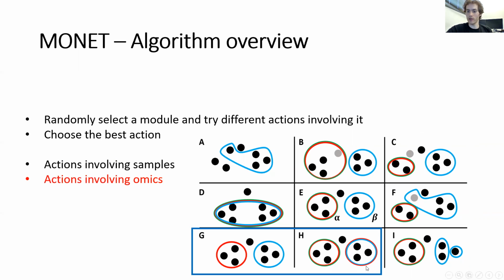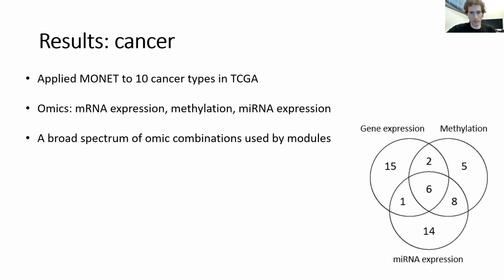So for example, here we now added the red omic to module beta, and here we remove the green omic from module alpha. And like I said, we repeat this process in every iteration until we can no longer improve our solution. So now for the results, we applied MONET first to 10 different cancer types in TCGA, and we